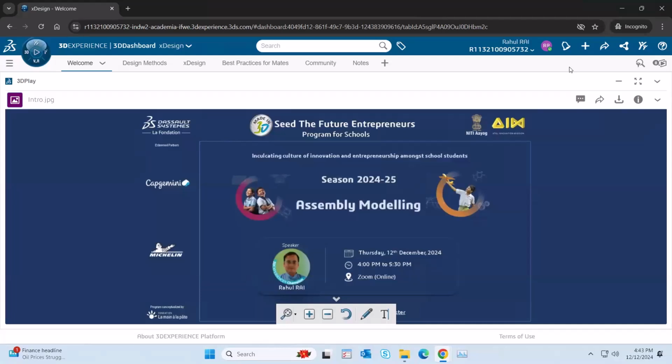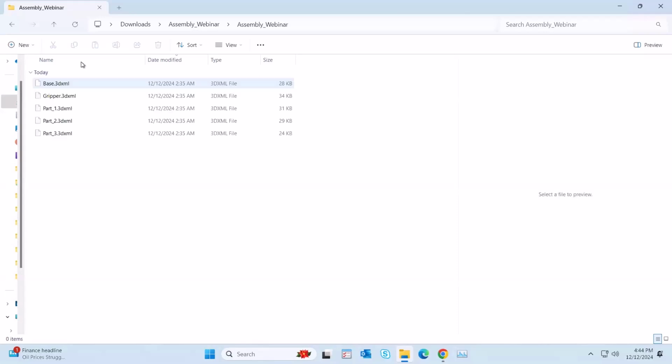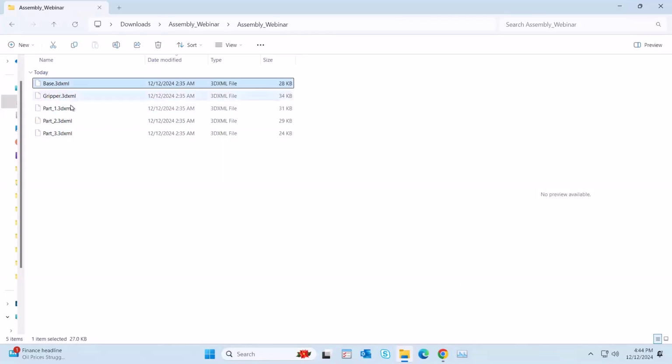So how to save the model? Okay, so I will quickly demonstrate again. First you need to download it on your computer and extract the zip. In that zip, you will find this folder, assembly webinar, and there you will have all these parts. Once you have all these 3D XML files, if the format is different, like if there are SolidWorks parts, the process will be the same. First, you need all those parts on your computer, and then